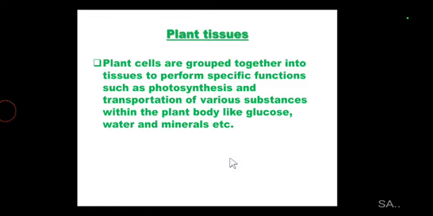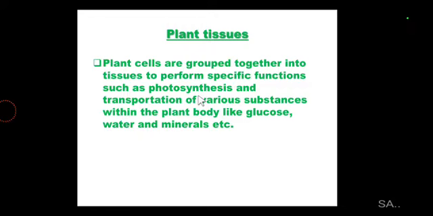Well, we know that tissues are the group of similar cells that have the ability to perform certain functions. So if you look at the plant tissues, then they are made up of plant cells that are grouped together, and they perform specific functions such as photosynthesis. I hope that you remember that photosynthesis is the food manufacturing process that is carried out by leaves. And leaves in turn are made of different types of tissues, like the mesophyll tissue that is made up of different types of cells which are actually performing the photosynthesis because they are rich in chloroplast, which actually contains the